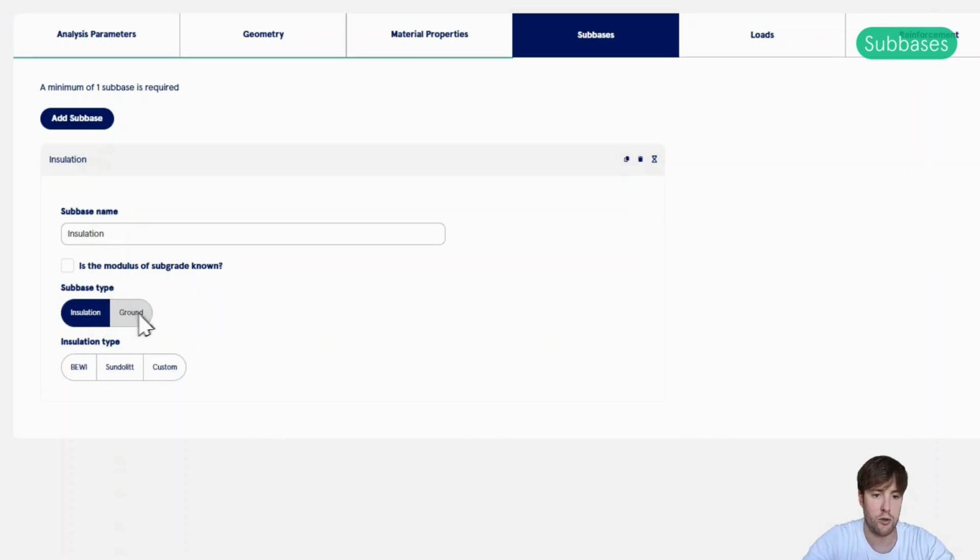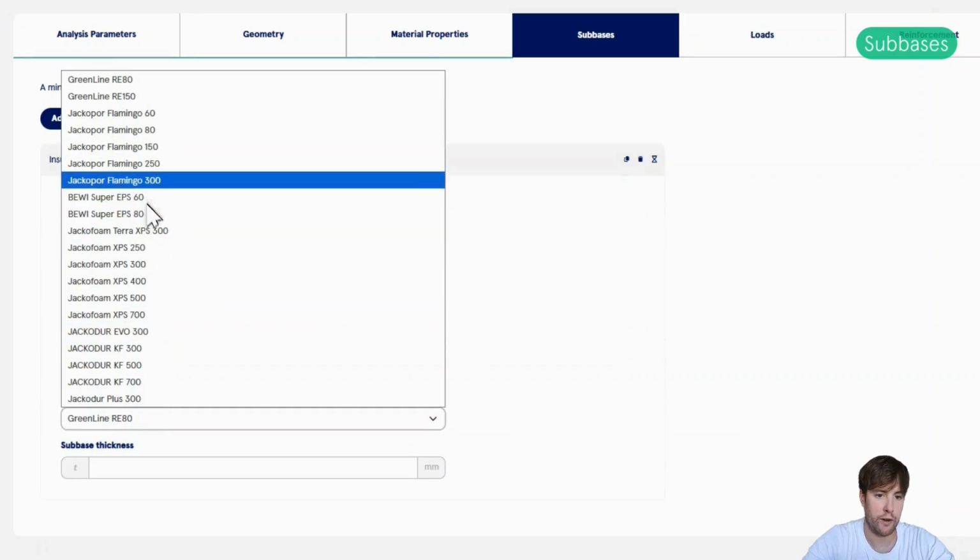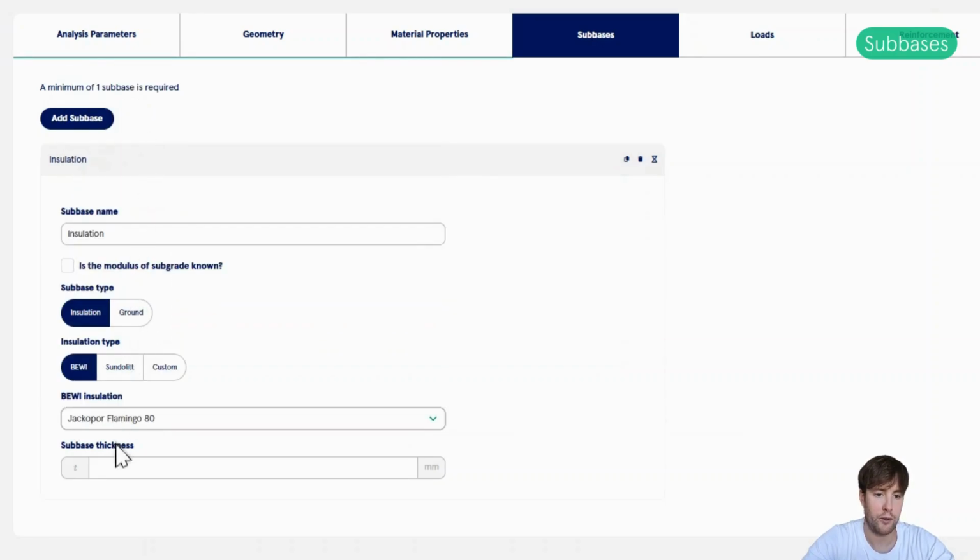And then here you can choose what type of subbase we have. So I will go ahead and choose insulation. Now you can choose what type of insulation, and we have different predefined ones. So if we chose BEWI, which is a producer of insulation, we could choose one of their insulation types, and you could type in the thickness of this insulation.